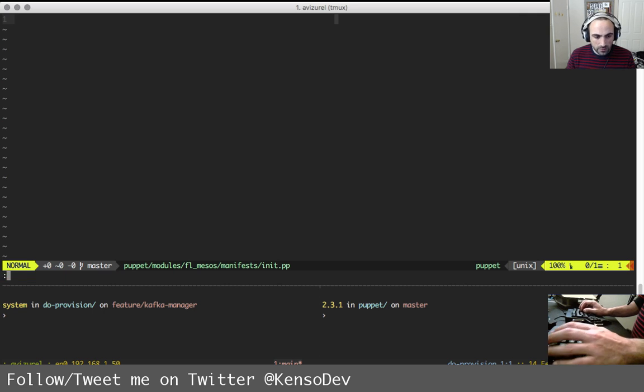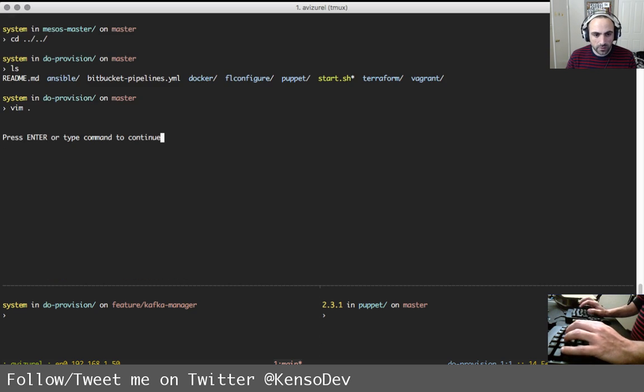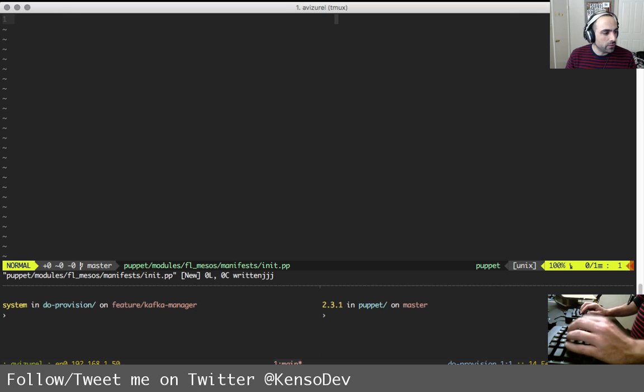And then let's go ahead and create this directory, mesos and manifests. Okay, so far so good.